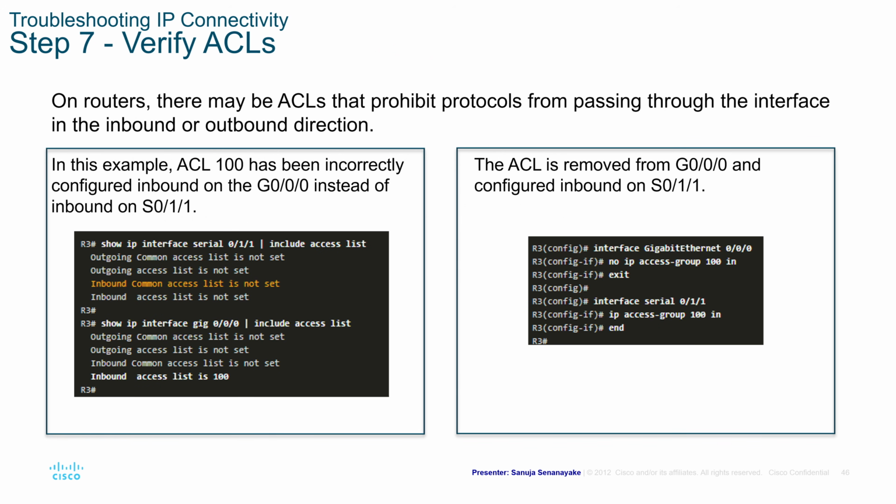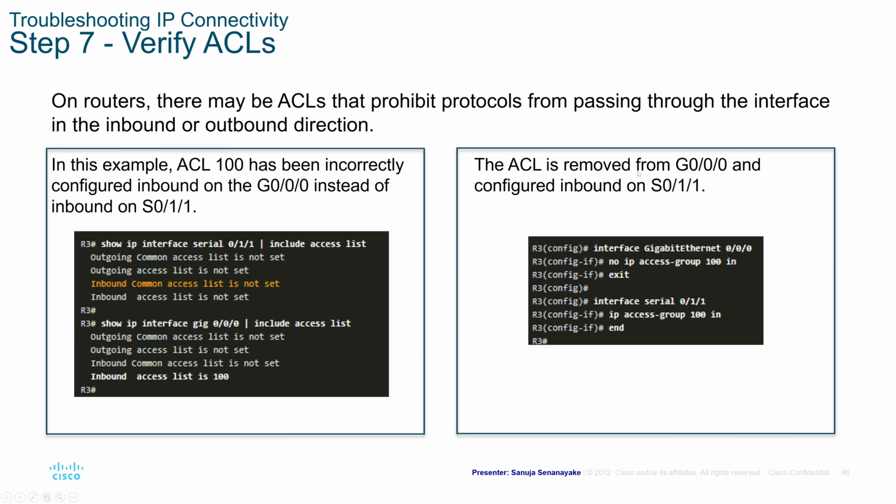Step 7, you need to verify ACLs or access control lists. So on routers, there may be ACLs that prohibit protocols from passing through the interface in the inbound or outbound direction. So in this example, ACL 100 has been incorrectly configured inbound on the G0/0 interface instead of inbound on S0/1/1. So right here, the inbound access list is not set for S0/1/1, but there is an inbound access list set right here on the